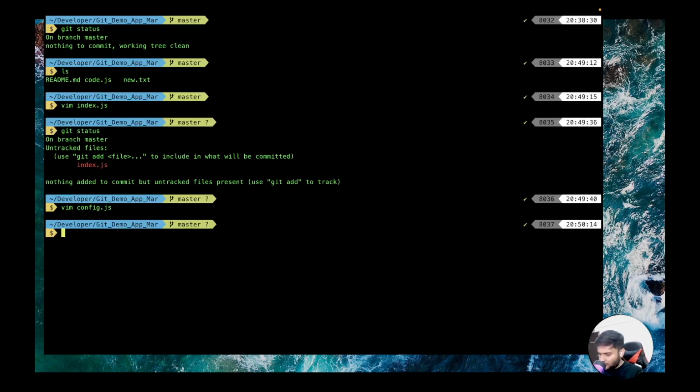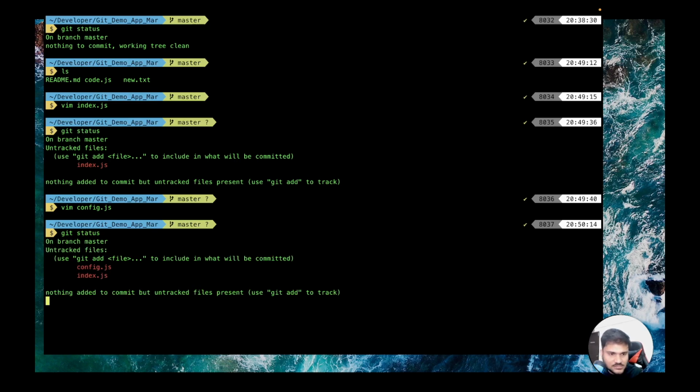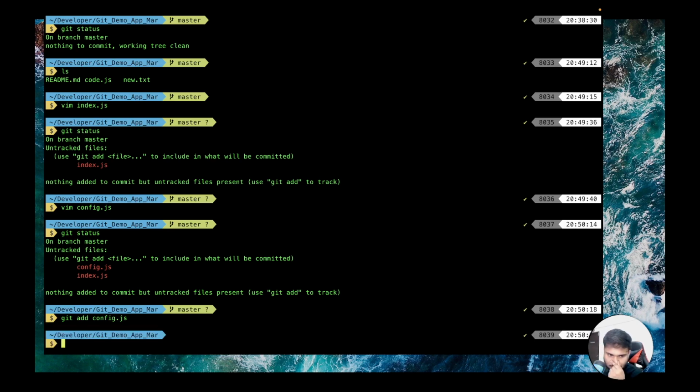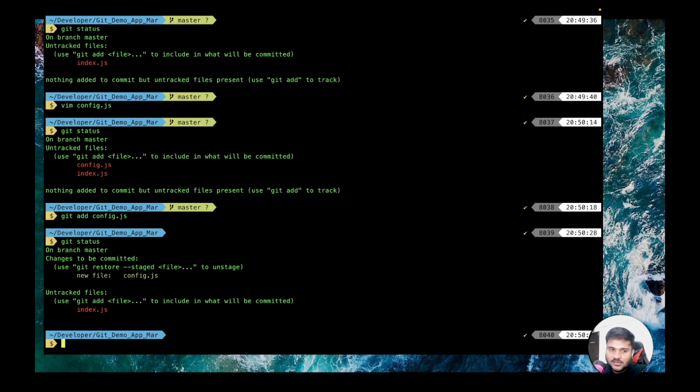Okay, now if you do git status, you must be having 2 files in the untracked area. Now let's say you want to add config to your next commit. So, git add config. If you do git status, now there is one file which is currently in the staging area, one file